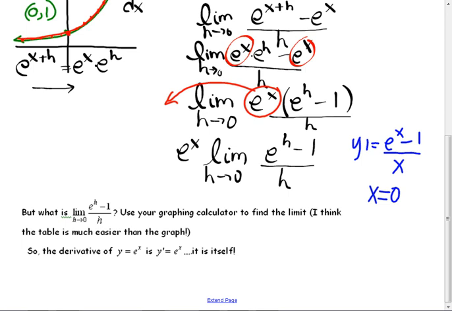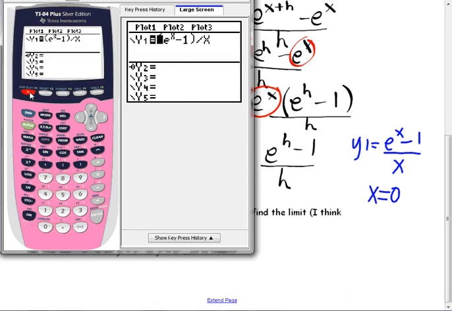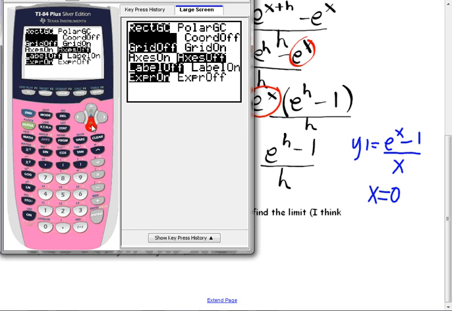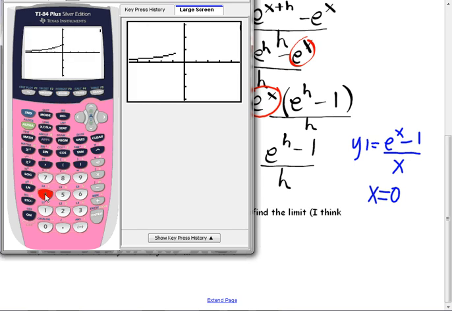And since I have my calculator already here, and there it is. So y equals, you're going to have to put in parentheses. And then I have my axes off, so second format, I'm going to turn my axes back on. And I'm just going to zoom at 4. And I want to know what happens when x gets close to 0. Remember, not at 0, but close to 0. What does it look like it's getting close to? 1. If I do a trace,